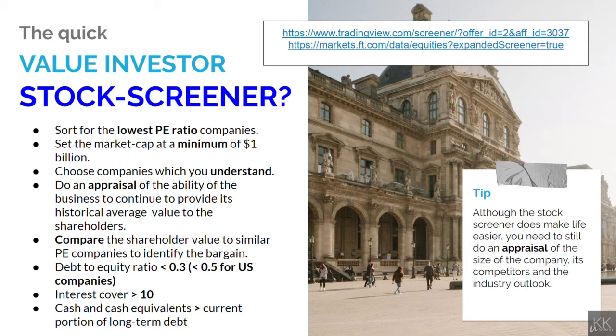Lastly, we want to ensure that the cash and cash equivalents are greater than the current portion of the long-term